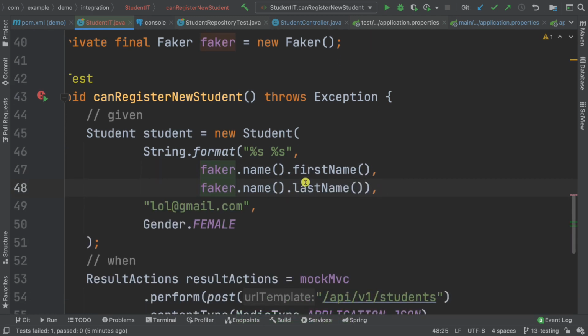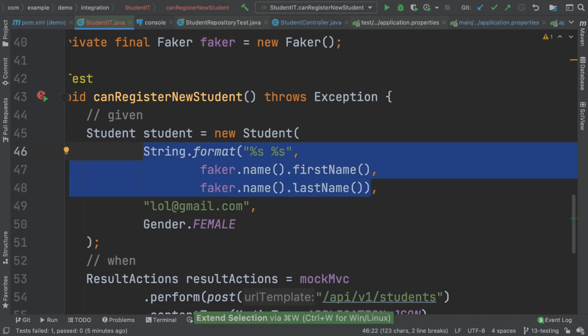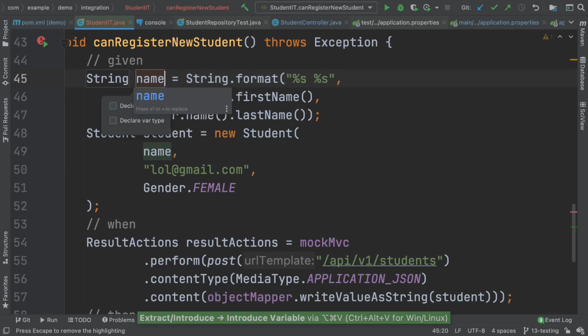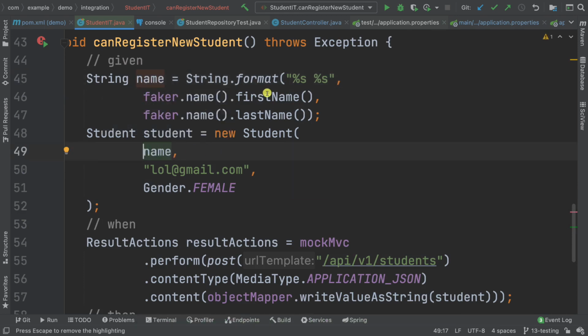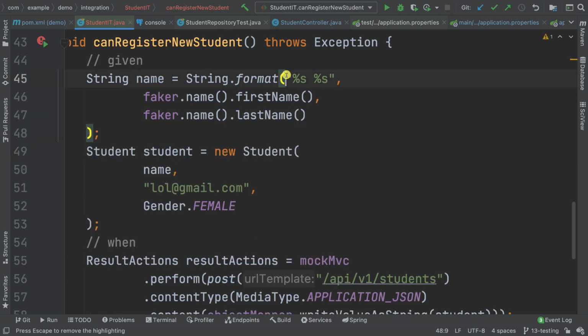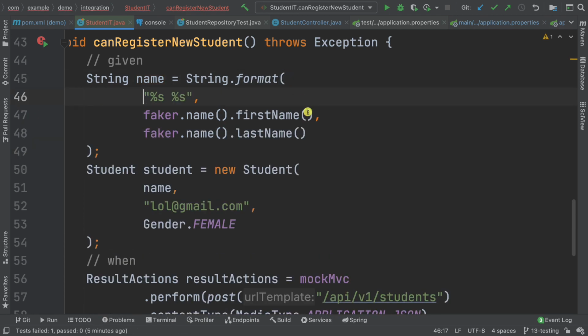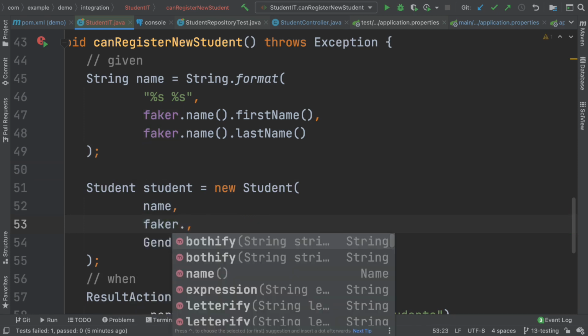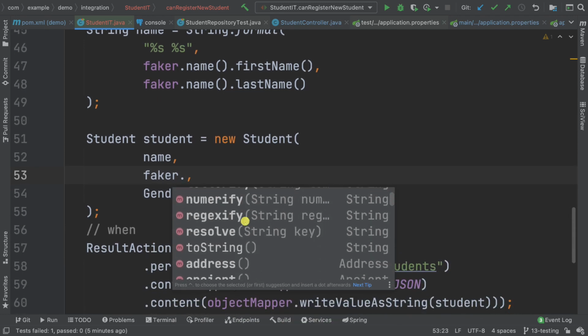on a new line. Or in fact, let me just take all of this to a variable. There we go. And then name, and then indent this like that, so it looks neater. But you see that I'm doing this because I don't have room in here. And also let's generate the email. So fake email, so faker dot and then let's see whether we have an email. So email,